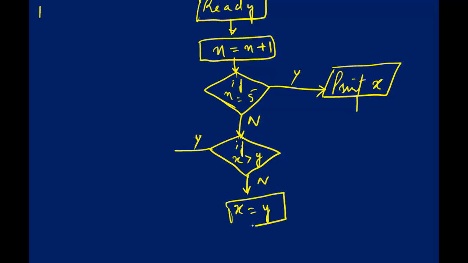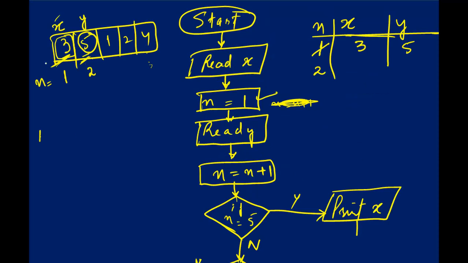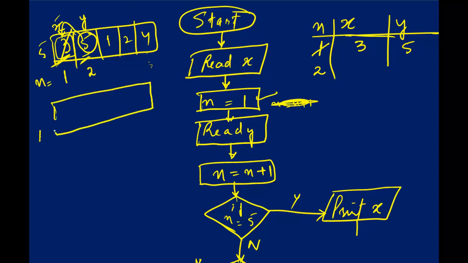So what will be done here? Here it will go like this. This x will get cancelled and the value of y, that is 5, will be assigned here. So new values will be like this. Here it will become 5. Value of y is as it is 5, and it is 1, it is 2, and it is 4. Okay. So it is the value of x, it is the value of y, and it is 1, it is 2.